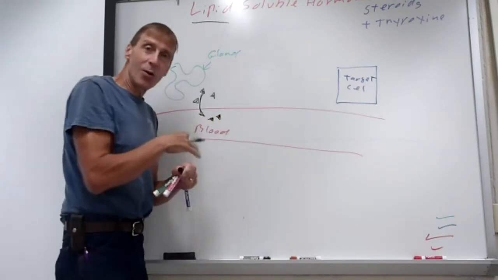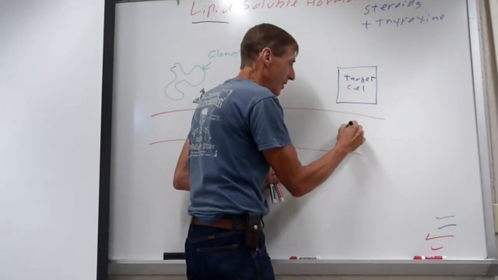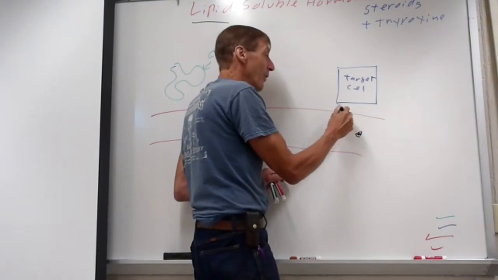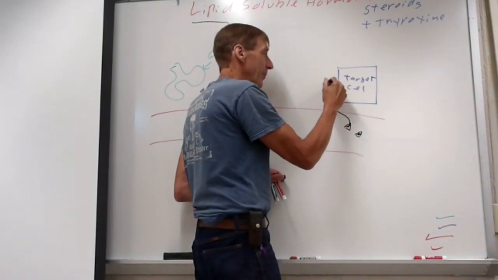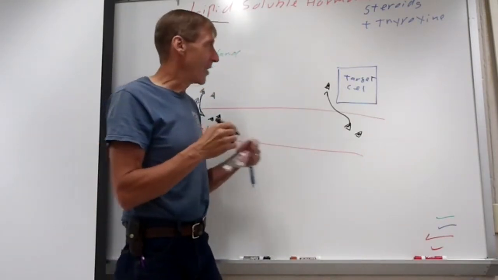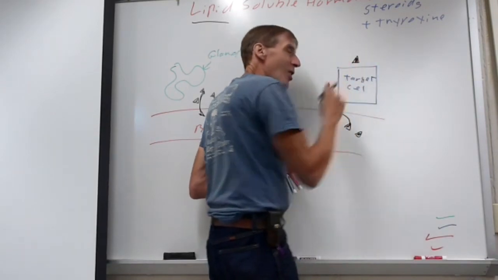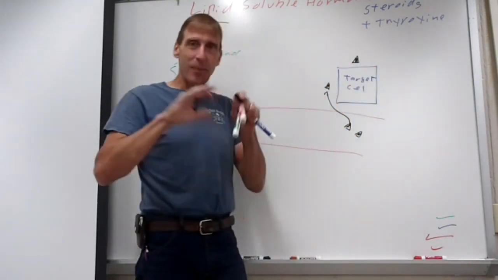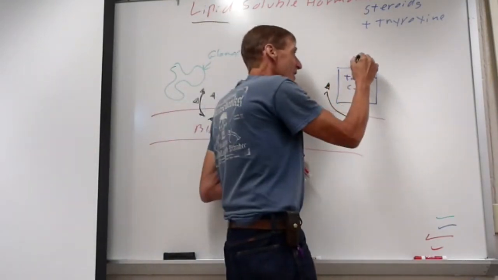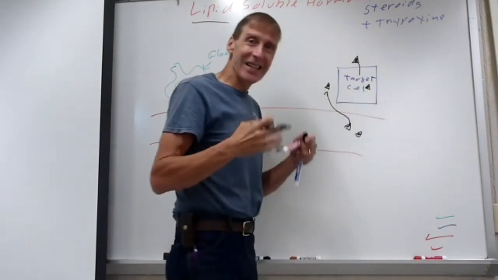Once it gets into the blood, of course, it gets distributed throughout the body. And again, when you reach your target cell, here are all the hormones in the blood. They're at a higher concentration than they are out here. These hormones will freely diffuse out because nothing's going to stop them. They're lipid soluble. They move right through the phospholipid bilayer. Then, these hormones, I'll draw it again as a little triangle, when they reach the target cell, which is surrounded by a phospholipid bilayer, but again, if you're lipid soluble, it's like it's not there. This hormone will readily diffuse right through the phospholipid bilayer and get into the cell cytoplasm.